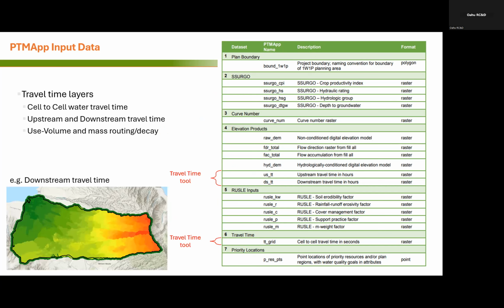There's also travel time data layers. PTMApp operates on what's called a raster cell analysis. So you take a watershed like we're seeing down in the lower left-hand corner, and you are just breaking it up into what would be equivalent to little pixels. And each pixel has its own data associated with that. So the travel time layer looks at how long it takes water to move from one of those pixels or cells to the next neighboring cell. And that's going to help us calculate a lot of things like water volume flowing, mass flow, and